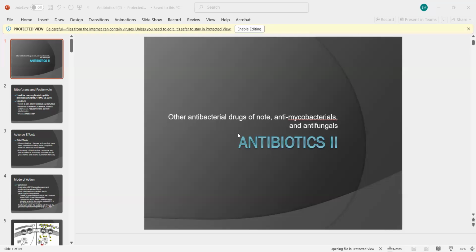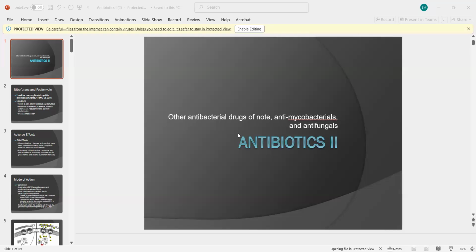Rifaximin is a non-absorbed version of this drug, and it's used to treat certain GI conditions. It's used for Crohn's disease a lot. Rifapentine is a long-lived version of this drug. It's given once weekly. Rifampin's your drug of choice for tuberculosis, but rifabutin